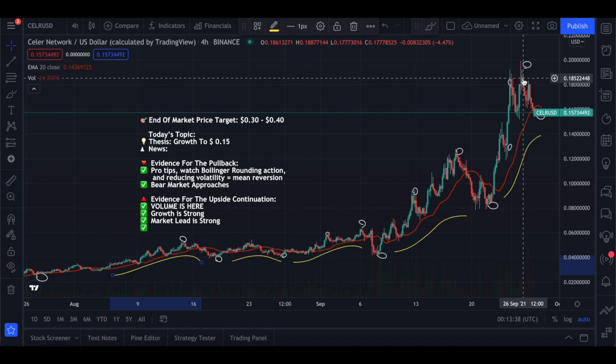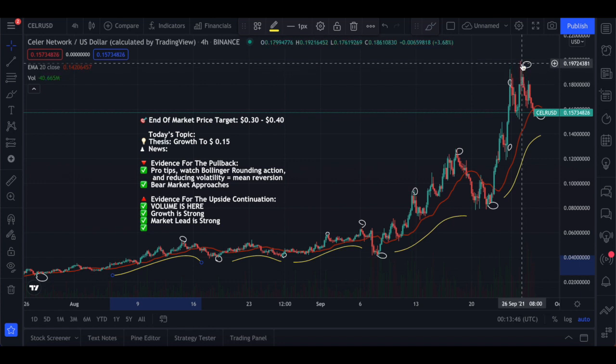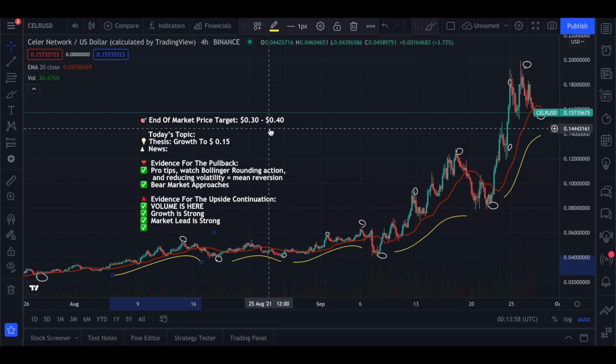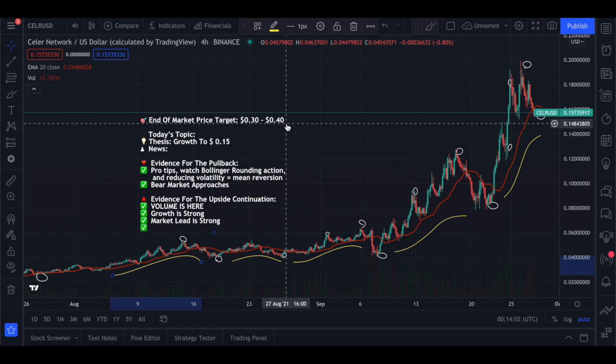It's a really good place to be because this is where I can make my price prediction. Now, considering that the price actually got to 19 cents, that's quite remarkable. It's quite impressive. So I definitely think before the end of this year that it can hit between 30 cents and 40 cents. And I'll explain why I think this, mostly because one, the volume is here,